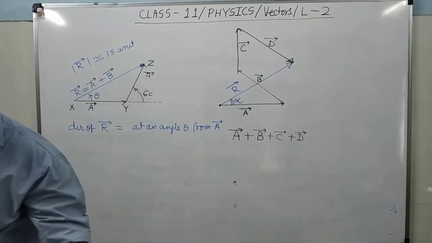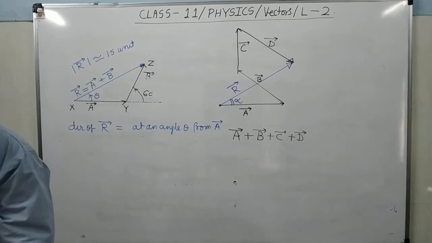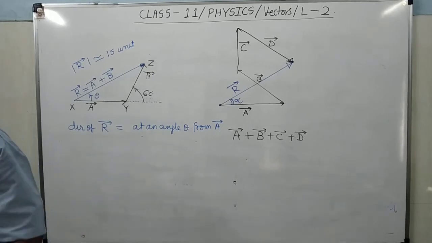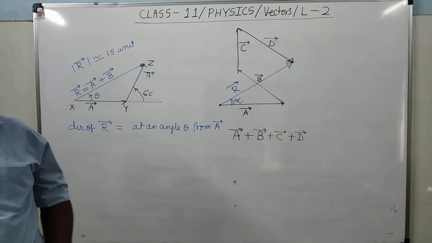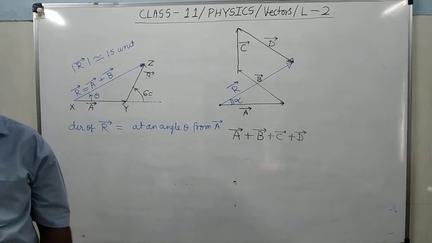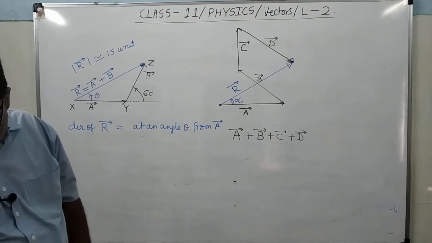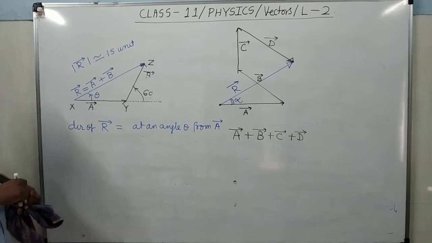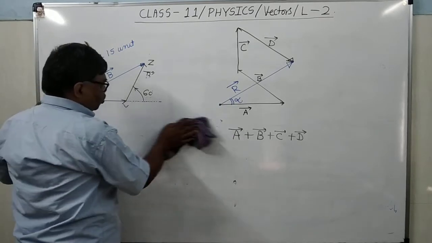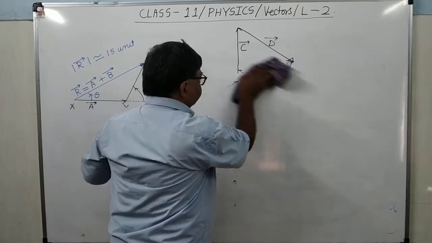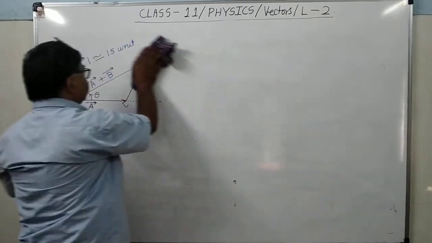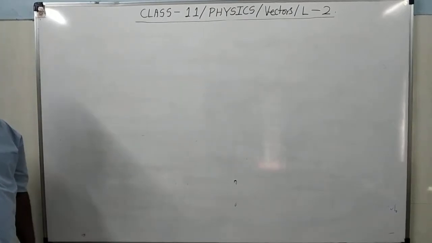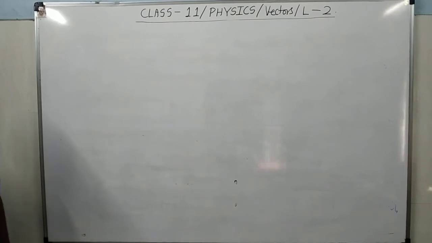Now see here. So this is the addition of more than two vectors. After this, there is one analytical method of vector addition. What is the analytical method? Just now I told you the geometrical method of vector addition. Now I am going to tell you a mathematical method of vector addition, in which there is no need to draw the diagram. If the magnitudes of both the vectors are given and the angle between them is given, then you can find the resultant.